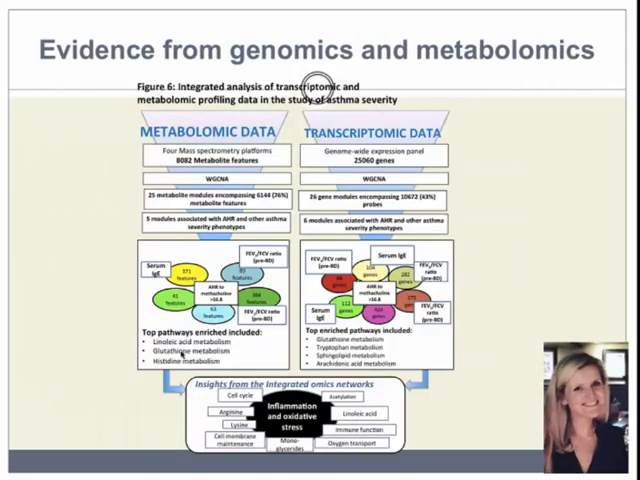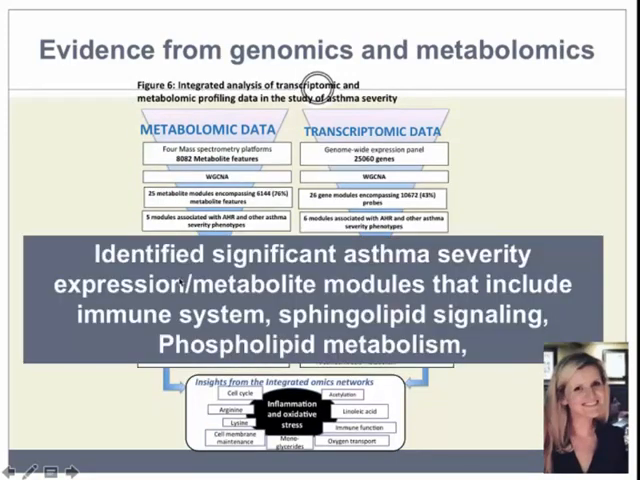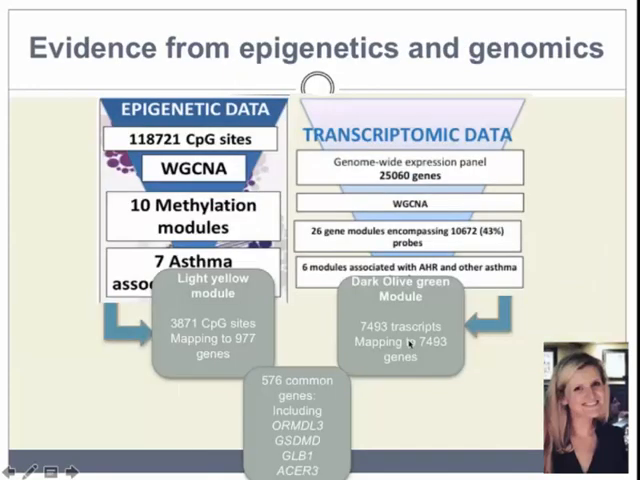We do the same thing for genomics and metabolomics, and in this case we are only able to identify biological pathways, and we see evidence of increased expression and metabolites for immune signaling, sphingolipid signaling, and phospholipid metabolism. And then we do the same thing for epigenetics and transcriptomics. Now the nice thing about doing this for both epigenetics and transcriptomics is we can now actually narrow things down